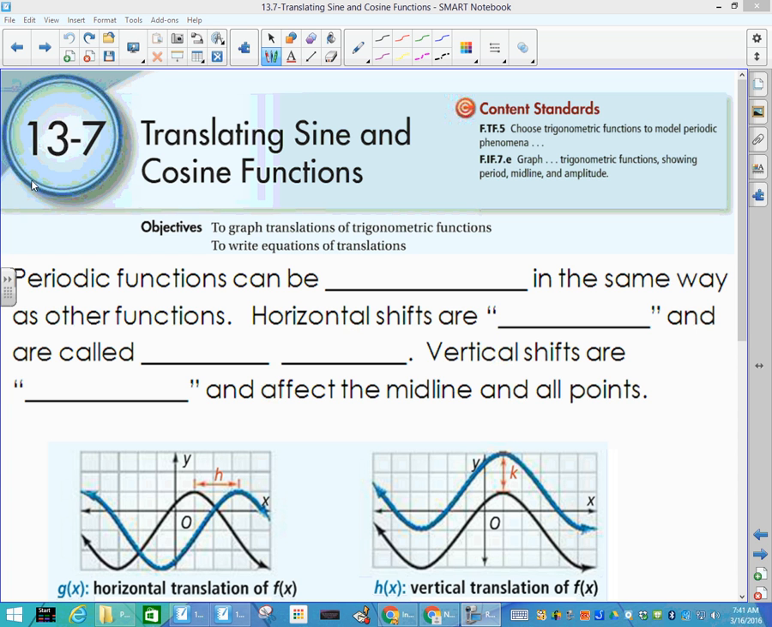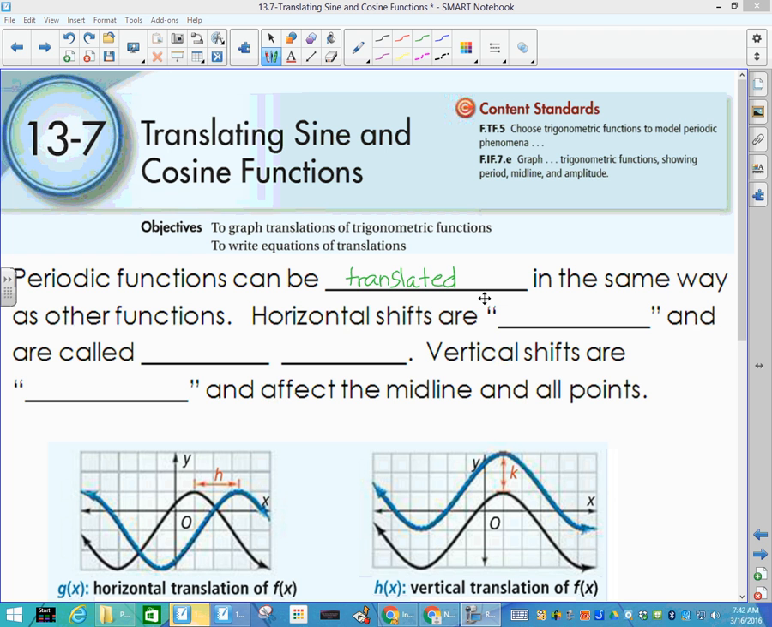Okay, today's lesson covers section 13.7 out of our textbook, and we are translating sine and cosine functions. So I'm hoping y'all think this is easy because we have done so much translating in all of our functions this year. So first off, remember that periodic functions can be translated in the same way